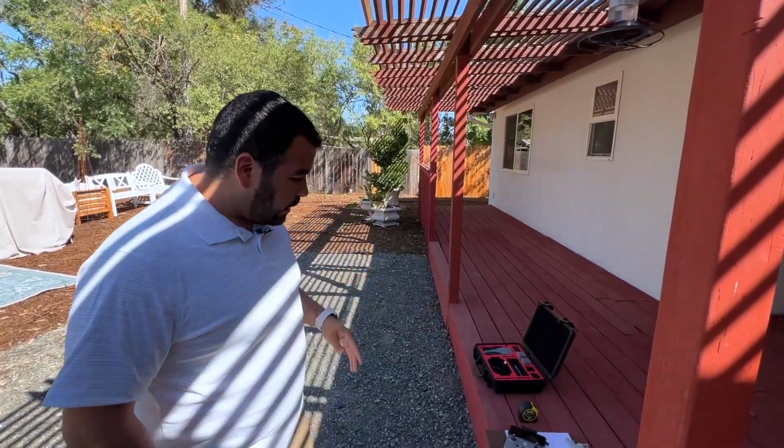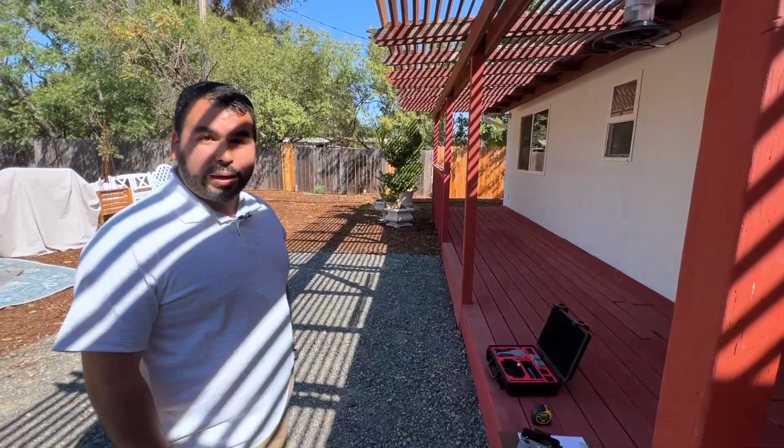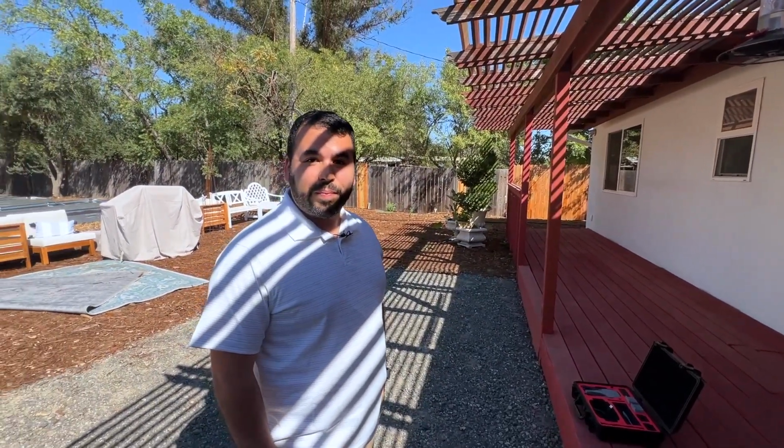So that'll help us really create your plans. So you are going to take all these measurements back to the office and put together the plans, go into AutoCAD. So after we get the hard lines and we put it into CAD,